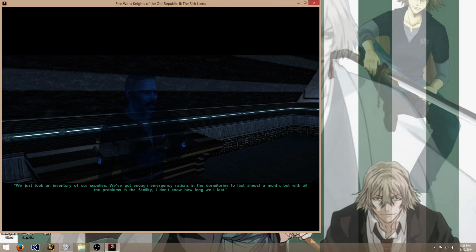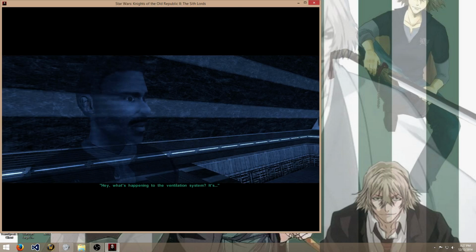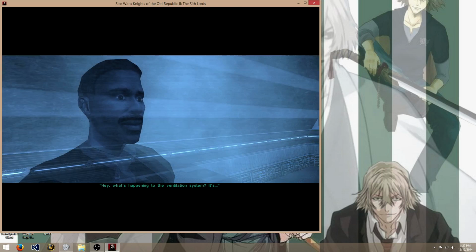We just took an inventory of our supplies. We've got enough emergency rations in the dormitories to last almost a month. But with all the problems in the facility, I don't know how long we'll last. I wish we could contact the Jedi. Maybe he could. But no, he's still floating in that damn tank. Someone's played us for fools. And since KOTOR and his crew aren't locked in here with us, it's pretty clear who it was. If I ever catch up with that Mandalorian-loving son of a... At least the air scrubbers are still working, even though they're tied into the... Hey, what's happening to the ventilation system? It's...